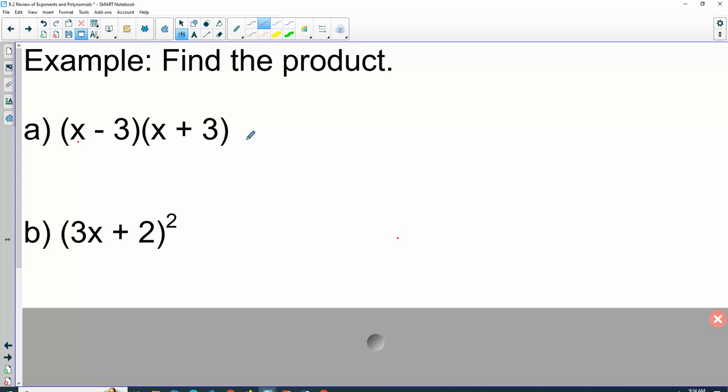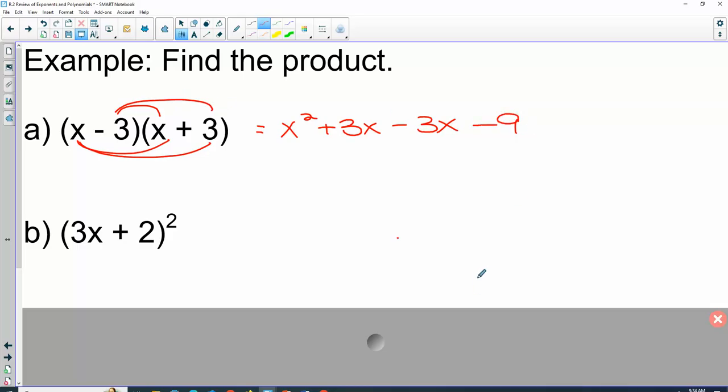So you take everything in the first times everything in the second. Remember, FOIL. What's x times x? Right, you add those exponents. What's x times 3? Negative 3 times x. And negative 3 times 3. Are we done? No. Combine like terms. So the positive and negative 3x cancel, so it's just x squared minus